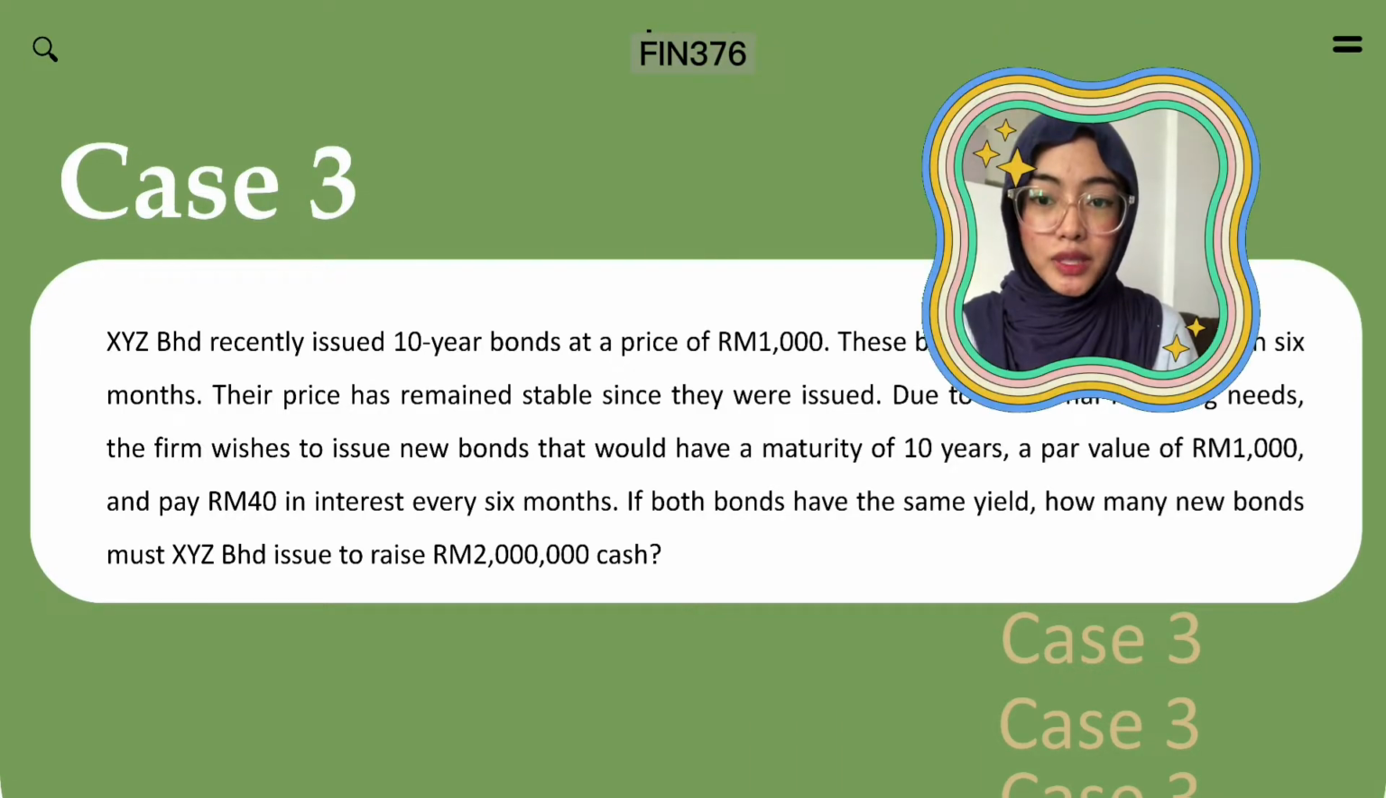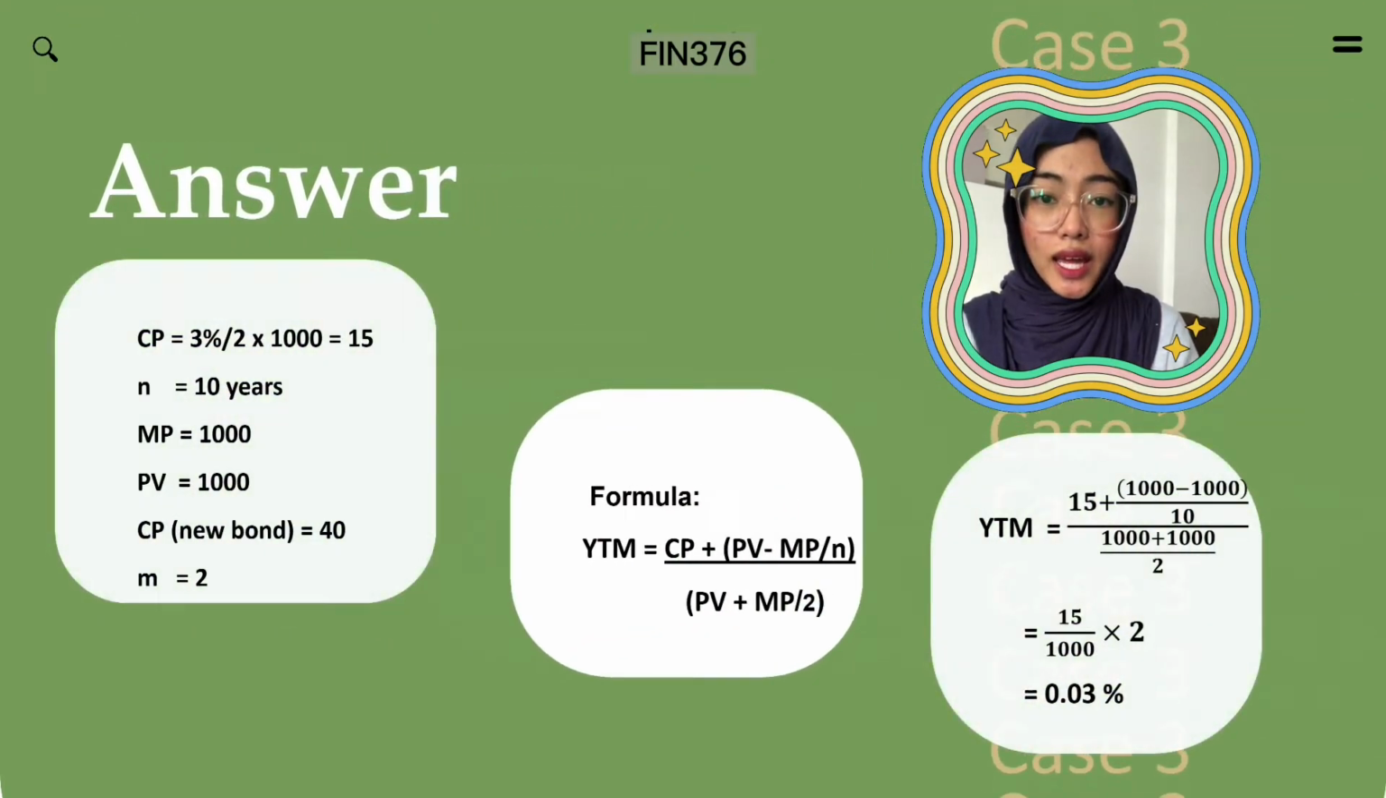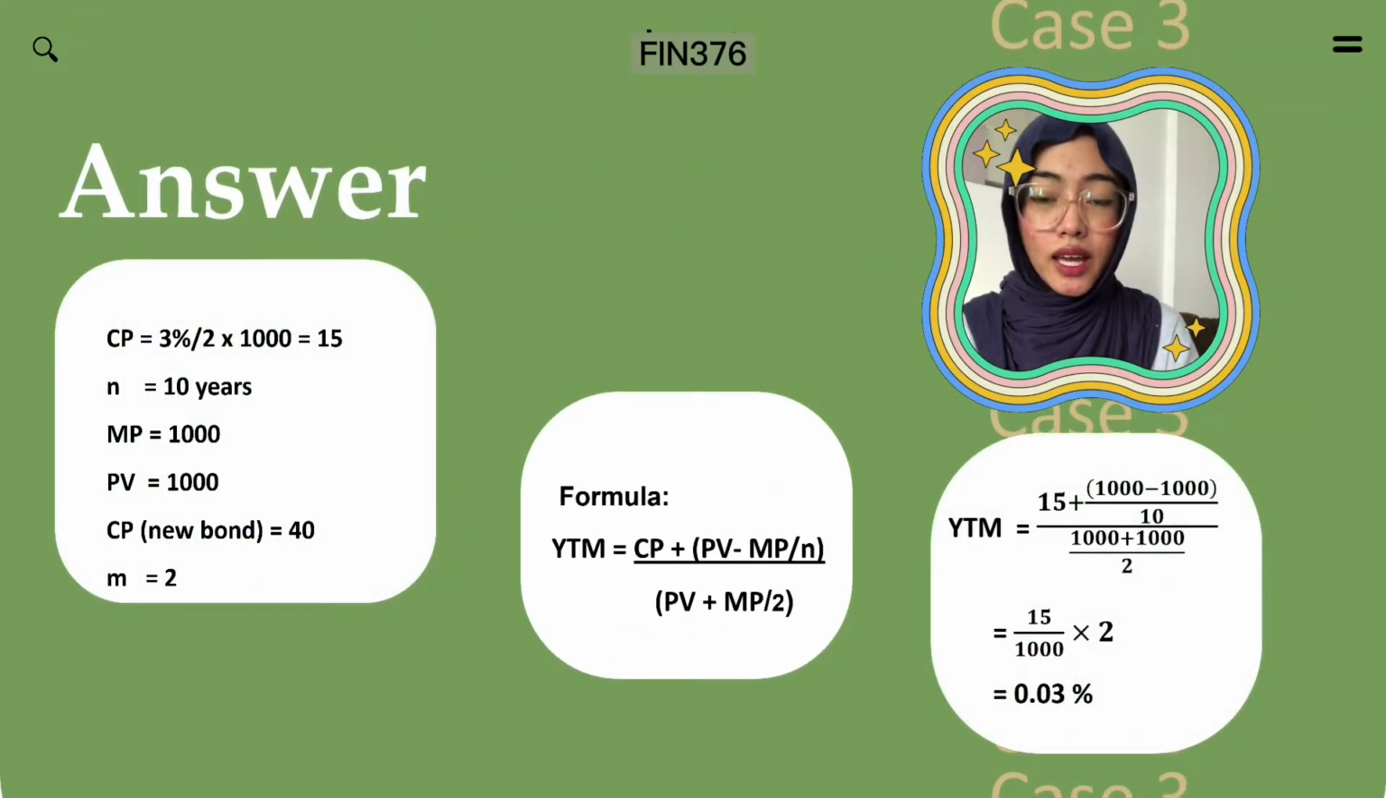So this is the information given from the question. N is 10 years and RM1000 for MP and also 1000 for PV. The new CP given is RM40 and M is 2. Now we have to calculate the CP, which is CR 3% divided by 2 multiplied with 1000 PV equals to